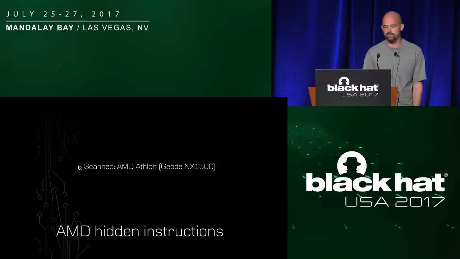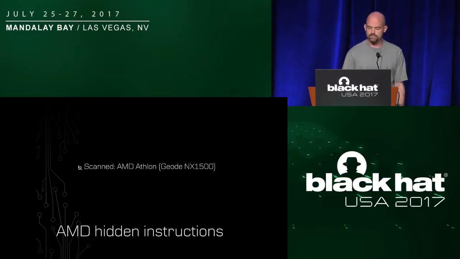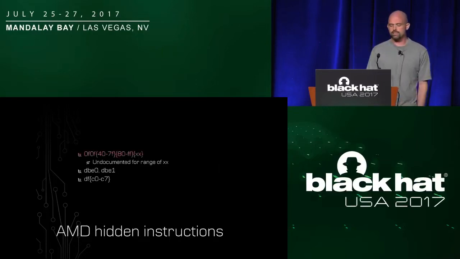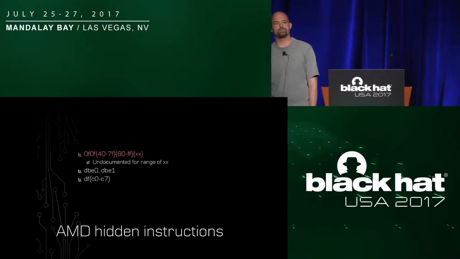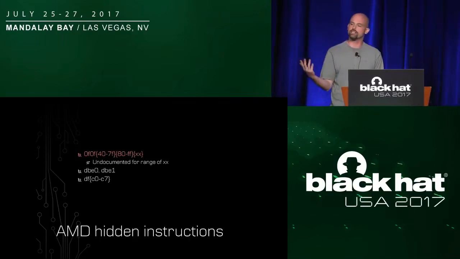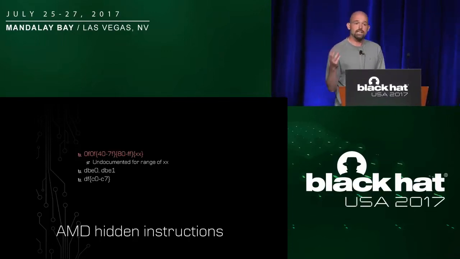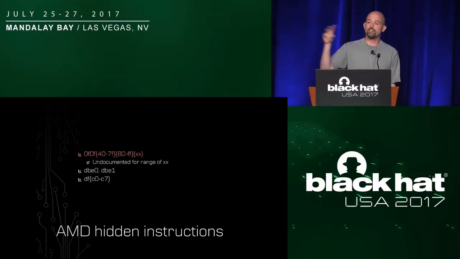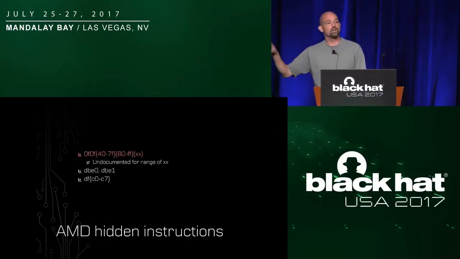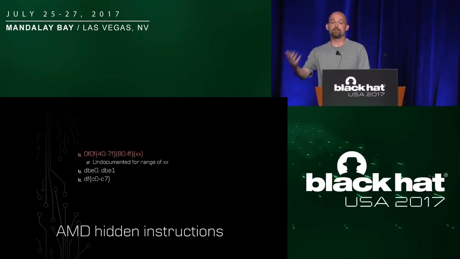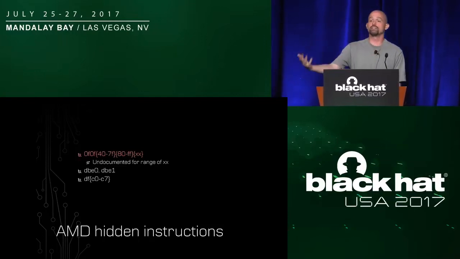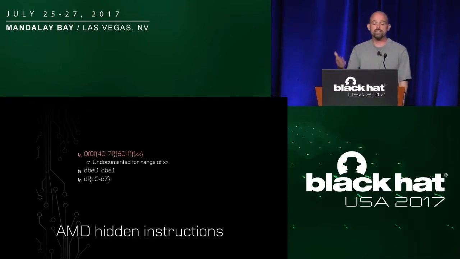So I started scanning other systems. I scanned an AMD Geode system. These are the undocumented instructions I found on AMD. Now, when I started scanning systems or processors from different manufacturers, I noticed some interesting patterns. There were a lot of overlaps in the undocumented instructions across different manufacturers, which means even though we don't know what these instructions do because they're not in the documentation, the manufacturers are coordinating on what these instructions actually do. So for example, on an AMD system, I found the same DB E0, DB E1, and DF instructions that I found